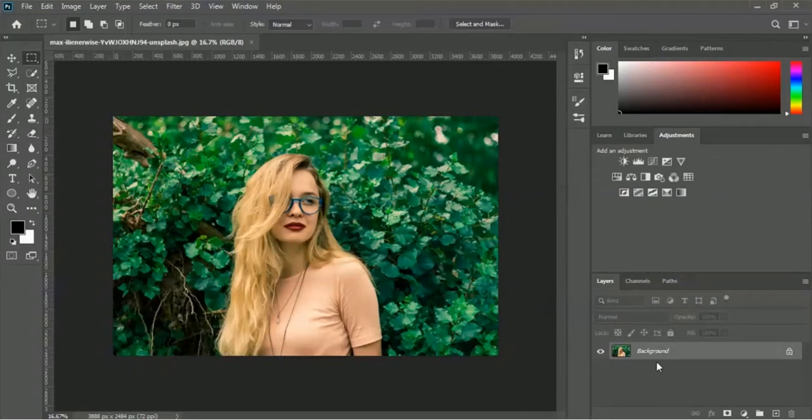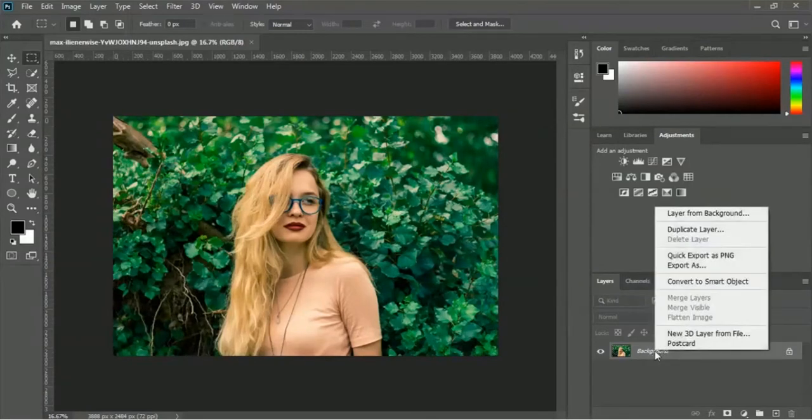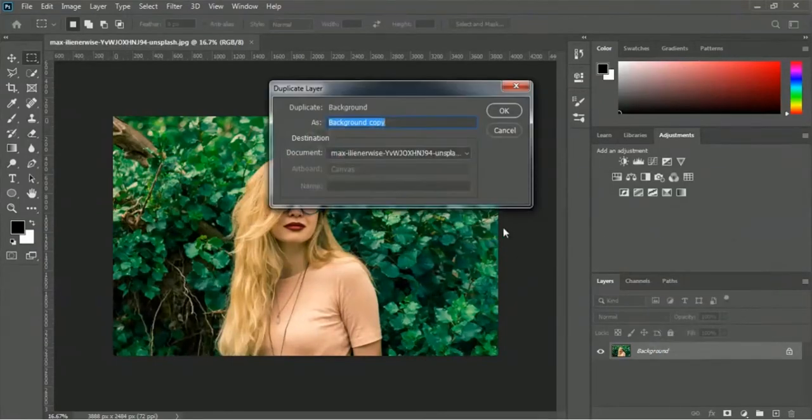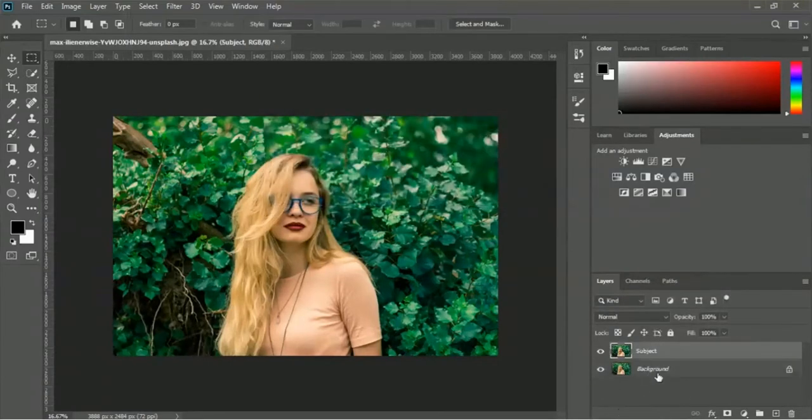So here is the layer in our layer panel. We have to duplicate this layer, and therefore you have to right click on your mouse and then you will get this duplicate layer option. So I'm selecting this duplicate layer option and we will write this layer name as subject, and I'm selecting OK. So you can take a look, a new layer is created,